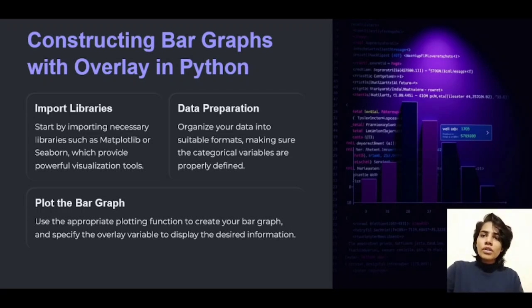Next is plot the bar graph. Use appropriate plotting functions to create your bar graph and specify the overlay variable to display the desired information. Moving on to the next,